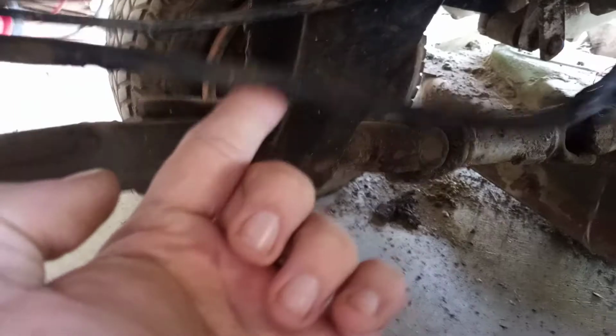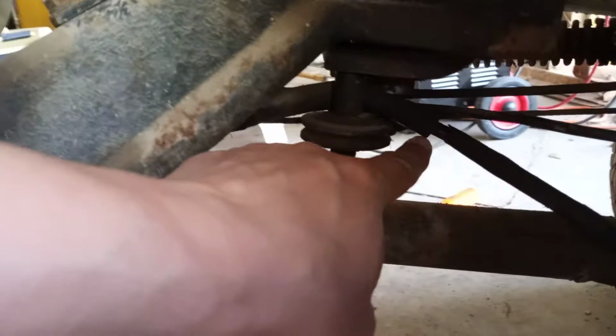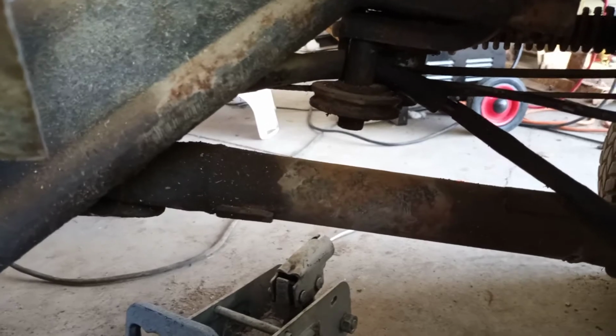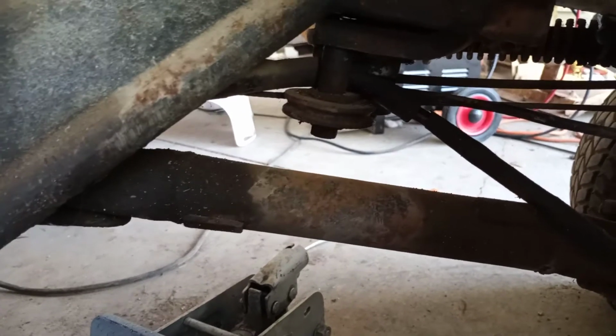And the wiring under here is broken, so I pretty much am just going to run my own wire again. And I have to get this up and supported because it looks like the drive shaft chewed into it. I think that's what happened originally. When I jacked this up to change the tires, I noticed a bit of water leaking out right here, which tells me this has been out in the rain,